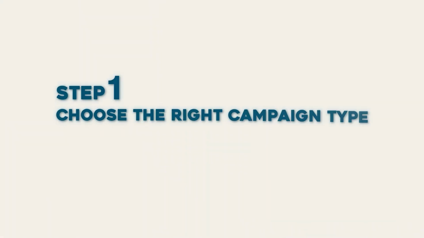And now let's set up your first campaign in the right order. So step number one, choose the right campaign type. For beginners, there are two safe and effective options. Search campaign for services, lead gen, and B2B businesses. Performance Max could be best for e-commerce or product-based businesses. And I would suggest never start with display or YouTube ads if you have limited budget. They are good later, but not for beginners.